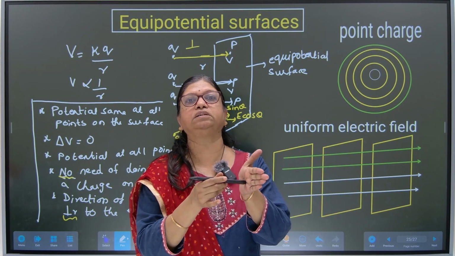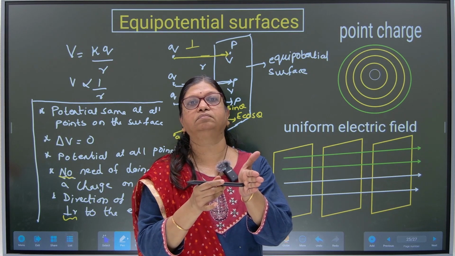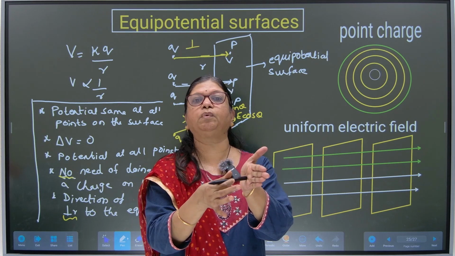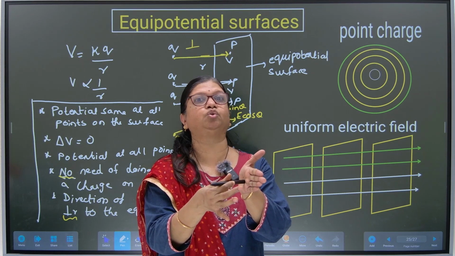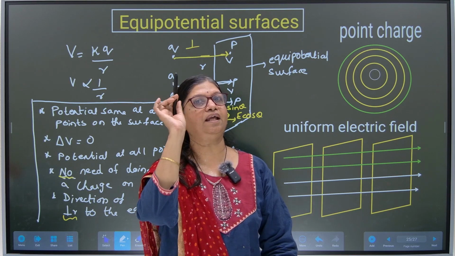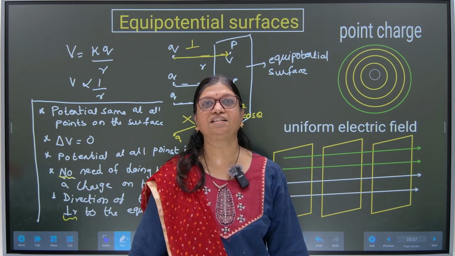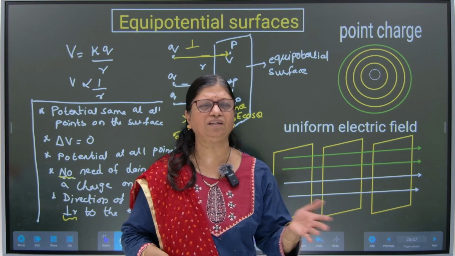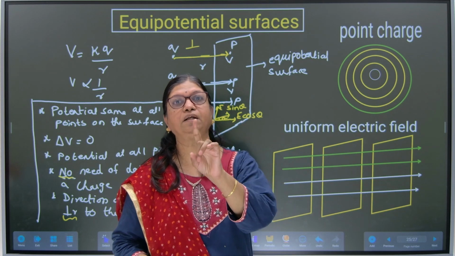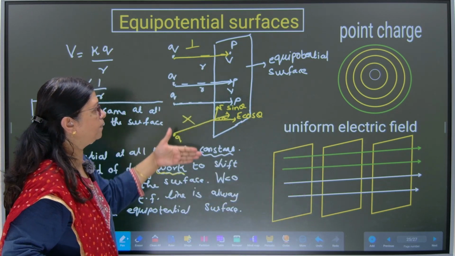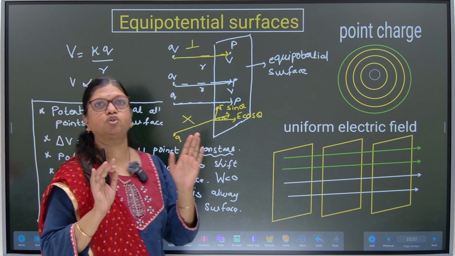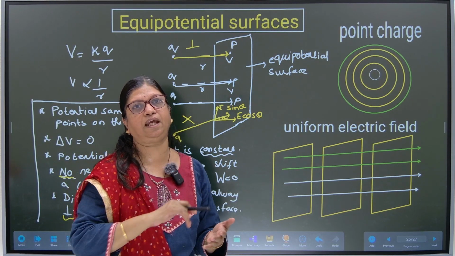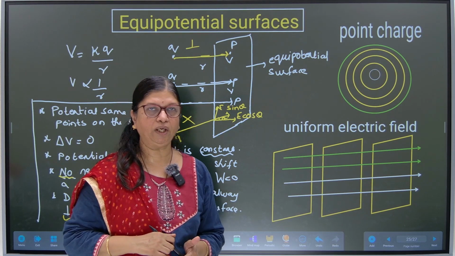This is wrong, this is right. Agreed? This is my electric field line perpendicular to the surface, this is right. This is my electric field line not perpendicular to the surface, this is wrong. A reason can be asked. Assertion and reasoning, multiple choice questions, this reason can be asked in any board or any type of exam. Remember these five points. Normally students leave this topic. Don't do that. All these points are to be kept in mind, with reasoning. Remember that. Okay.